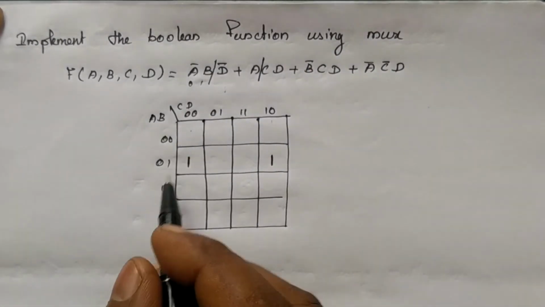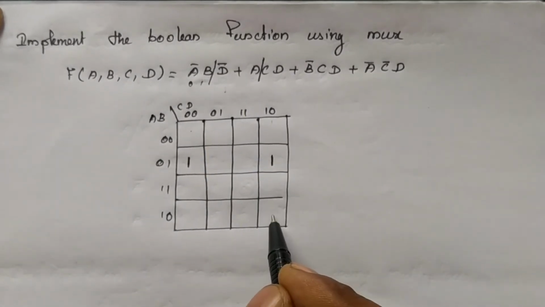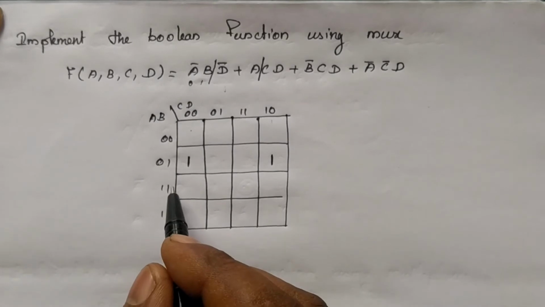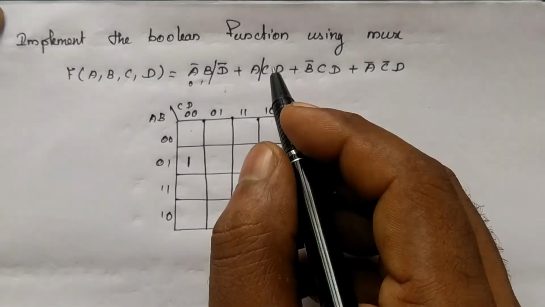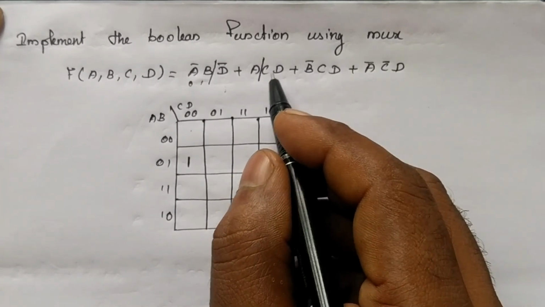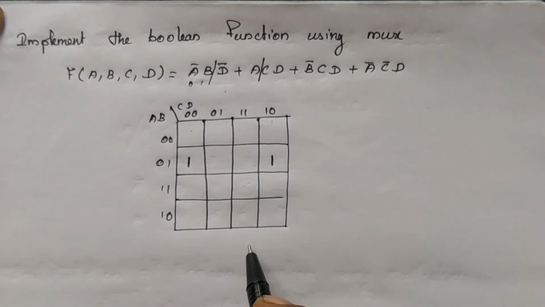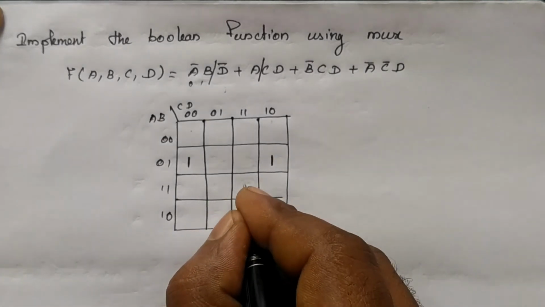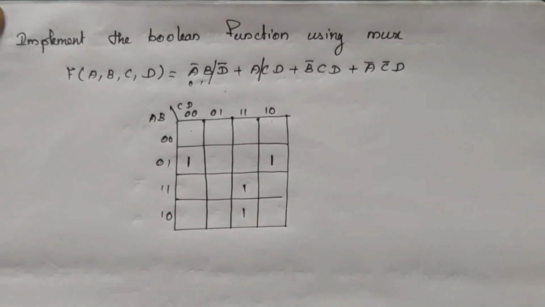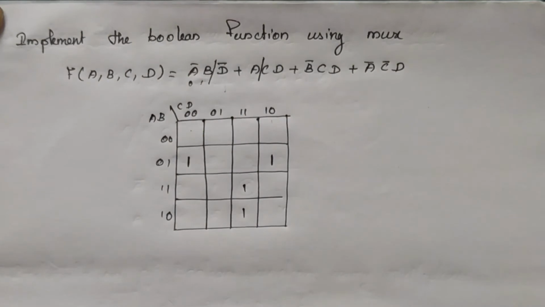Okay, so A is nothing but the value equal to 1, therefore between these two rows we have A equal to 1, so these two rows are selected. Then we have the value CD, which is 1 1. At this column we have CD equal to 1 1, therefore the intersection areas are these two places. If you group it, we will get the value A C D.